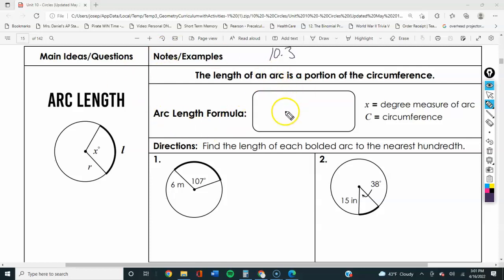Alright. So our arc length formula is going to be length equals x over 360, where x is the degree measure of the arc, times the circumference. The way I think about it is a circle is 360 degrees. We have x degrees part of it, so it's part over whole times the whole, and that'll give us the